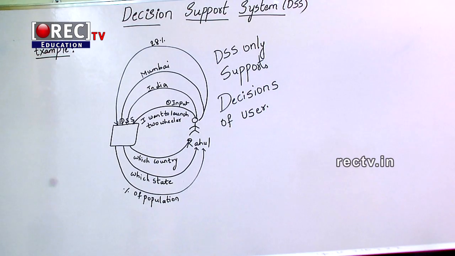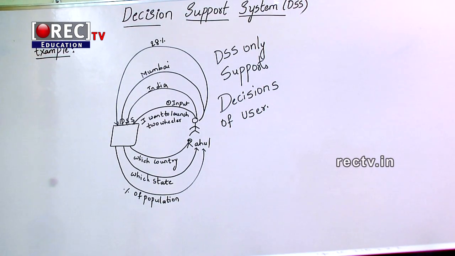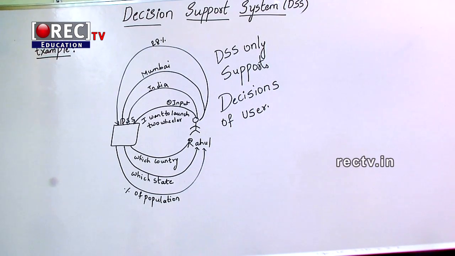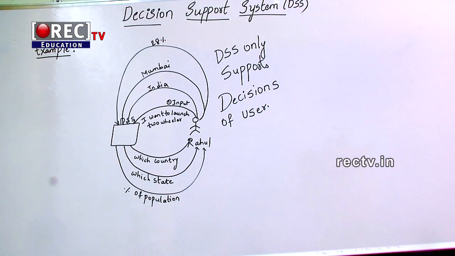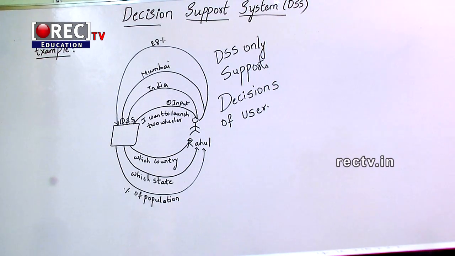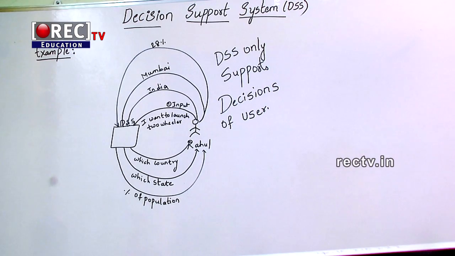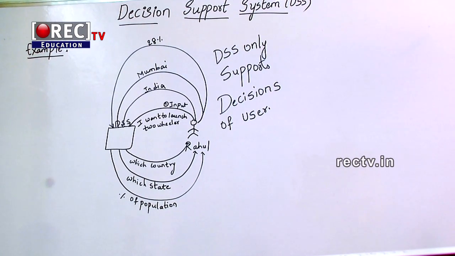The next system in business information systems is the decision support system. To understand the system very clearly, we have to consider a simple example which makes this topic very clear. In this example, I have taken Rahul Bajaj, owner of Bajaj company. In 2005, Rahul wanted to launch a two-wheeler in the market to capture the entire market. He finds it very difficult to decide what type of bike and what type of customers, so he has many questions